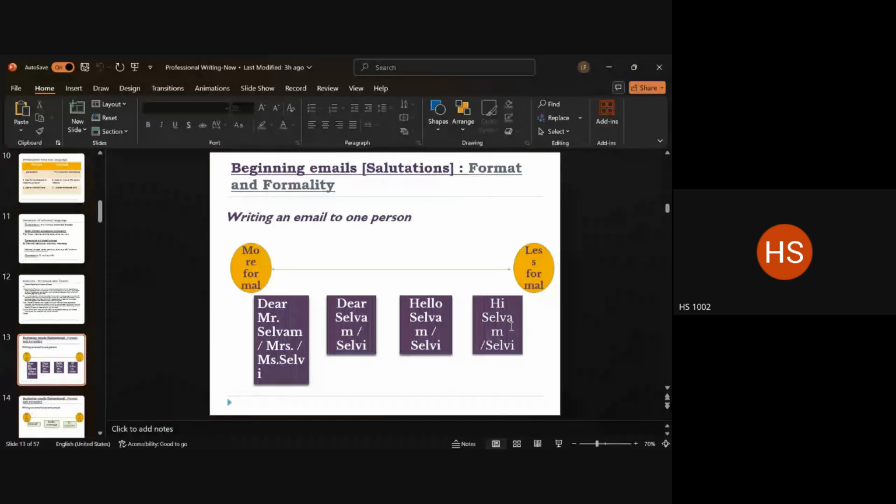Just remember that the first one is for people who you do not know at all and for people who are higher up in the hierarchy for you. The second one is for people who you're familiar with, but they are either at the same level or your subordinate. This is definitely not for people who are higher in the hierarchy. The third is for people who are at the same level only. So any higher authority will not write to you Hello. And the last is strictly for people whose familiarity levels are very high and who are mostly at the same level. The formality levels between them don't matter.